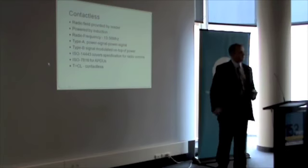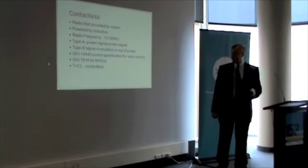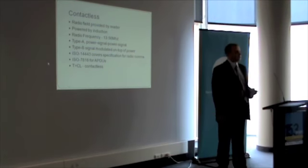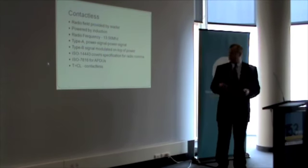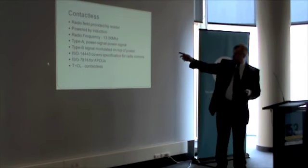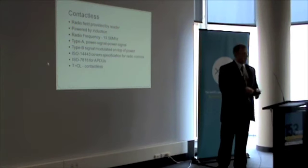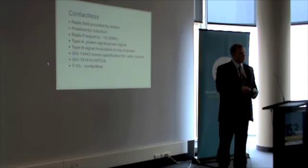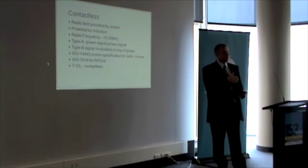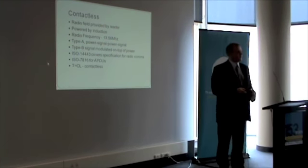So again, standards, we want to have standards about these things so we can have different manufacturers making them, and ISO 14443 covers the specification for how the radio comms work with the cards, what distances the card's going to work over, what the frequencies are, what the standard for how the modulation works. And then the great thing about smart cards, there's still smart cards in there. So once you've got over the barrier of communicating with the thing, you talk to it just like a contact smart card. And there, so we get back to 7816,